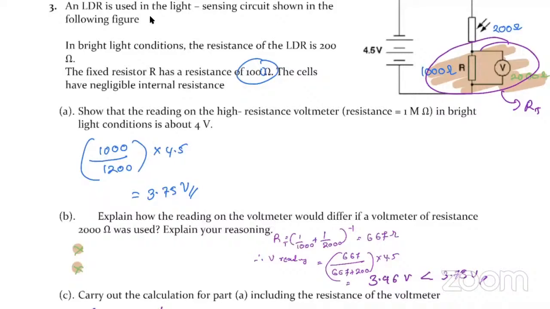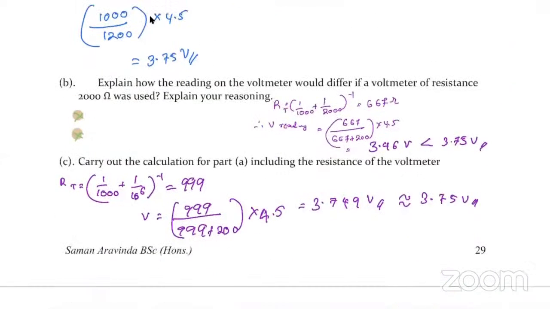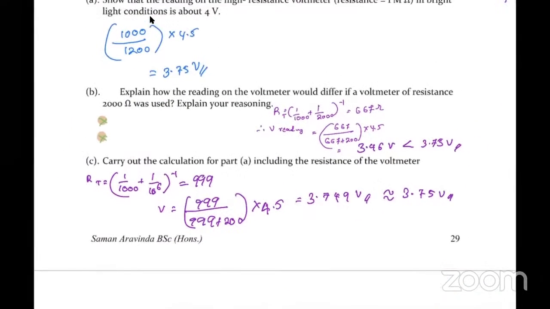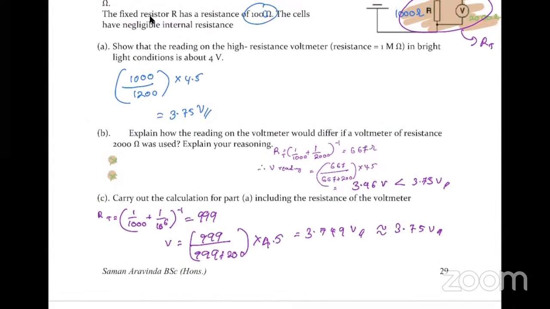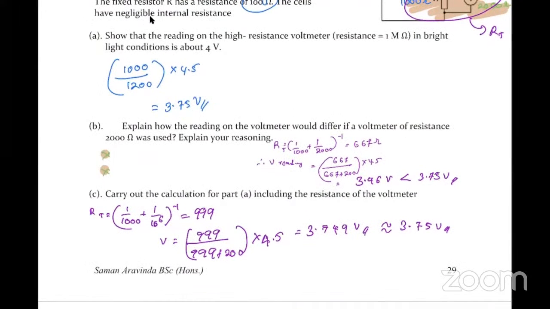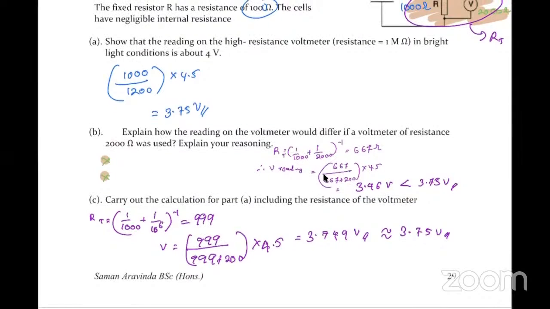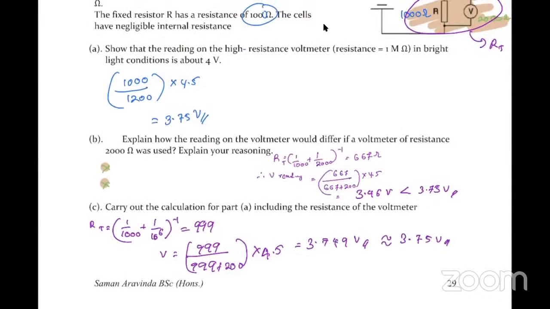That's also almost the same. 3.7. So how much do you get? It's like 3.749, isn't it? 3.7. So now do you understand why we use a higher resistance voltmeter? So it's almost the same, 3.749 and 3.75, which are almost the same. Am I clear? All right. So let's go back to our